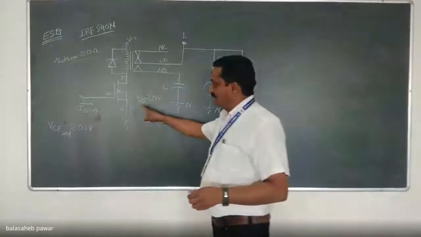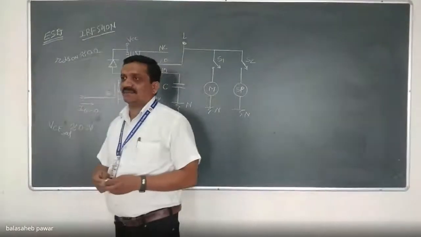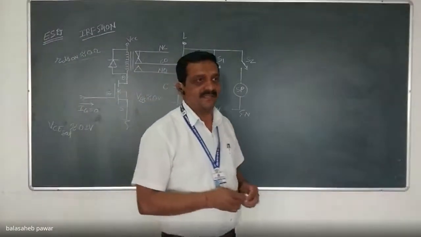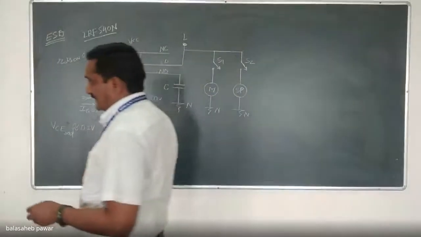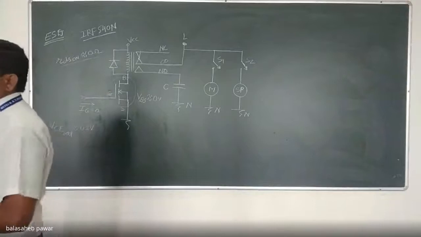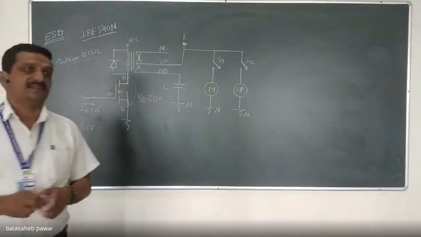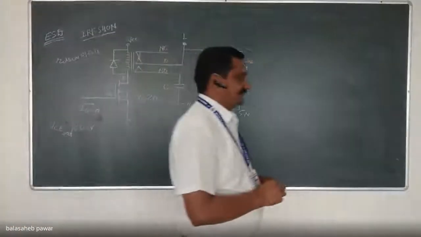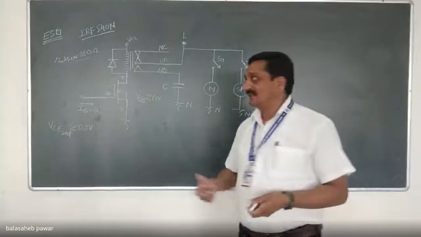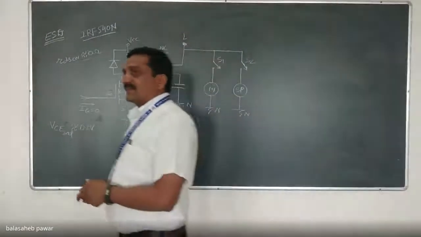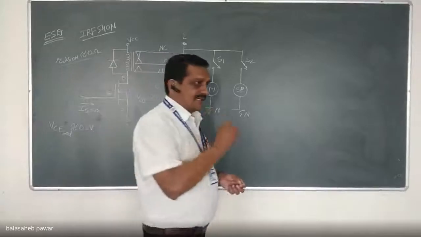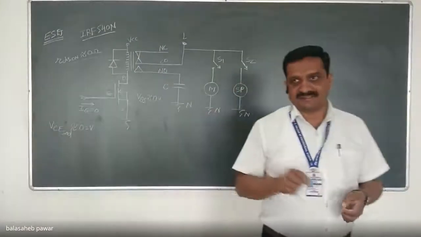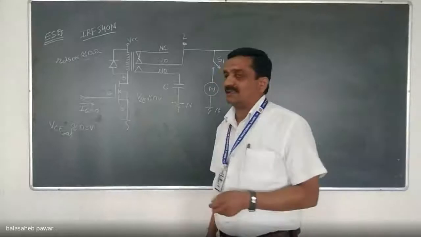Either we should go for MOSFET or BJT. One more is also there, that is IGBT, but it is a combination of BJT and MOSFET, so we'll just select one out of these two. Which one should we prefer? MOSFET. Because the voltage drop across the on switch, as I already explained, should be as low as possible to avoid the wastage of power, and that's why we'll prefer the MOSFET.